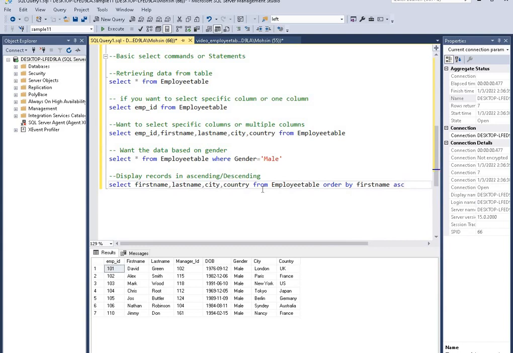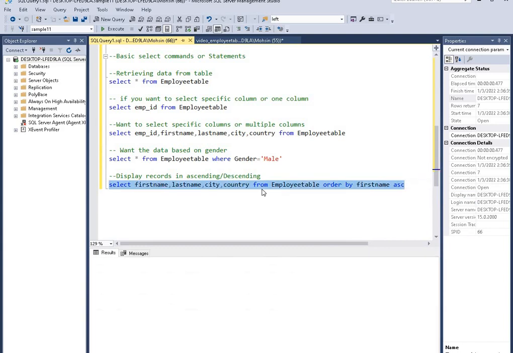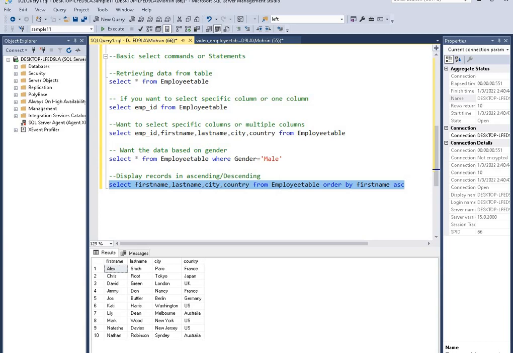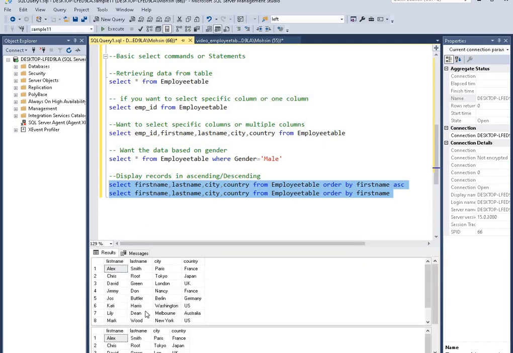Ascending order means if we want the data in ascending or ABC alphabetical order, then I have to type ascending. If you type ascending or without ascending, the default is ascending order.